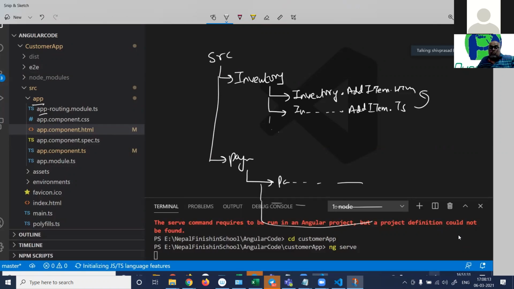And you can be very artistic. You can say that inside the inventory, I will say there is an internal inventory folder and an external one, and then in that something else. So this app is nothing but a small application which constitutes to make a bigger application. Did we get, guys, the app folder importance? App is nothing but a small application which constitutes to make a big application out of the whole project.